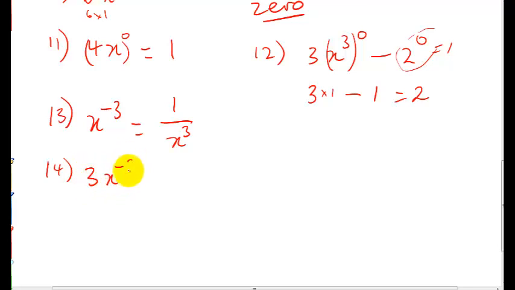Number 14. Three x minus 2. 3x to the power of minus 2. Okay, the 3 is not attached to the minus 2 here. So therefore, does the 3 go to the bottom? No, the 3 does not go to the bottom. It stays on the top because it's not attached. The x to the power of negative 2 turns into a positive x to the power of 2. The negative turns into a fraction. This question here,